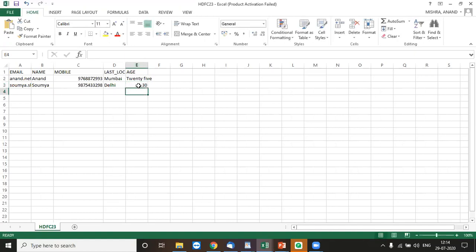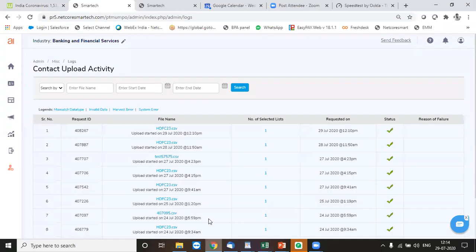Now this one is appropriate because I have defined age as an integer and this is in the right format. But this one is not in the right format. This is technically a text and not an integer. So in this case, I will get an error for these particular contacts who have been wrongly entered with a mismatched data type. Okay, this is one case.